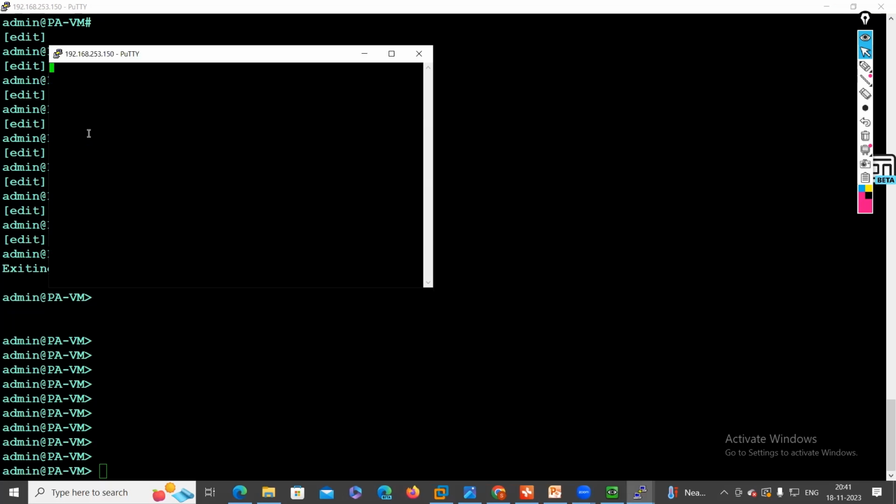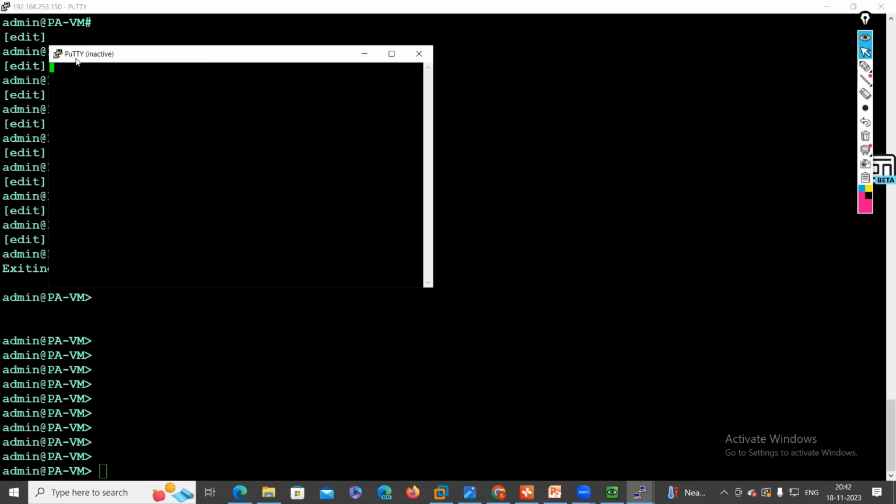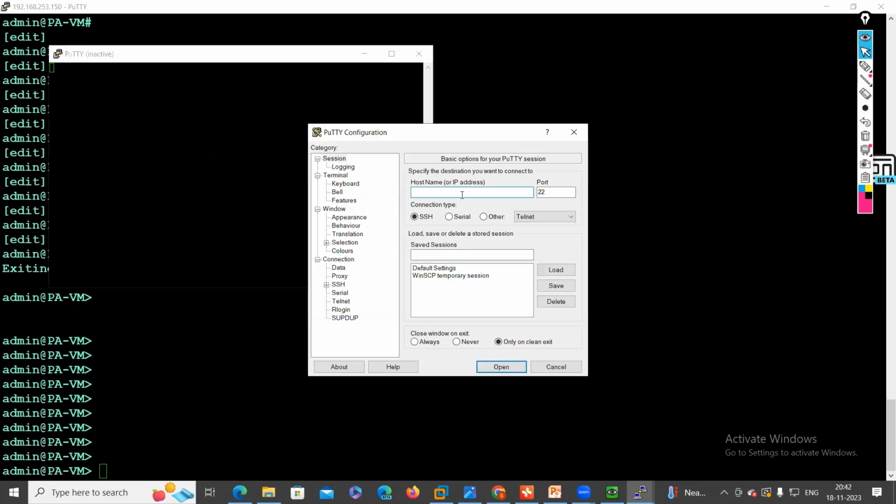The connection will be refused. You will not be able to get a reply. You will get the refused error. Okay, so you can see the connection is timed out because your firewall is not accepting any console access through SSH services. It will accept only telnet service. For a new session, instead of SSH choose other and choose telnet service, right? And the same IP